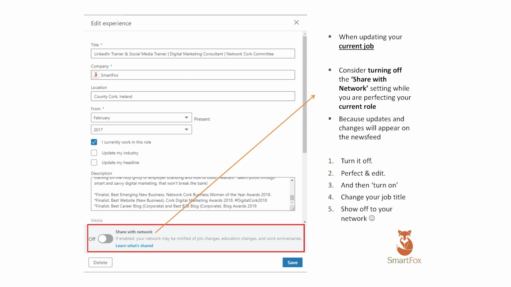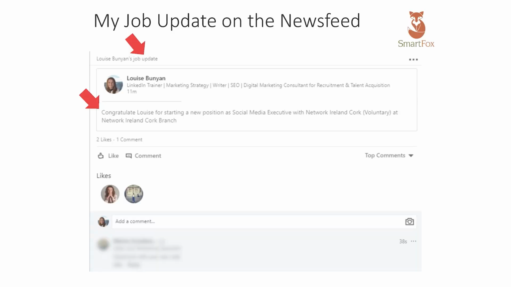So if you want to check that, we just always make sure that share with network is switched over to no. But if you are very happy to tell your whole entire network that you have a new job and you want to use it like a press release, then by all means leave that flicked over to yes.